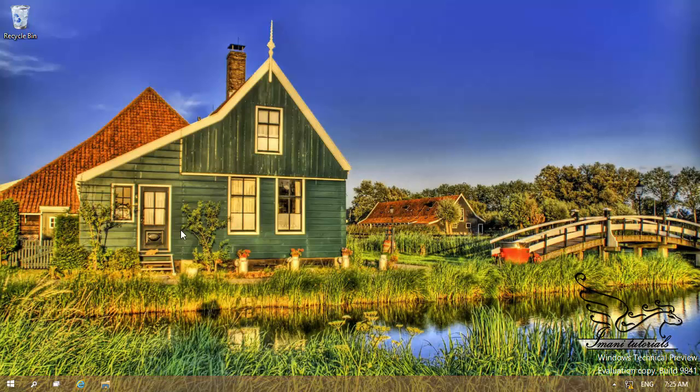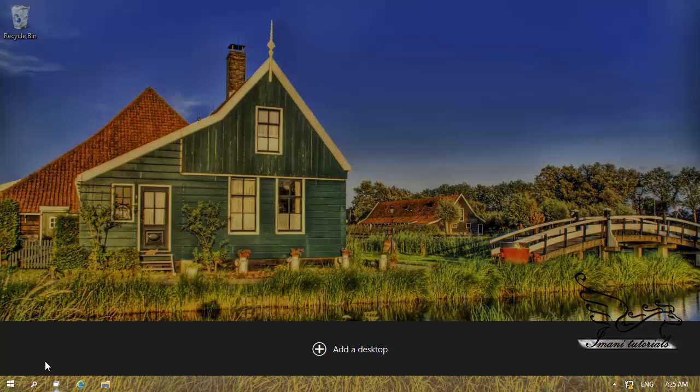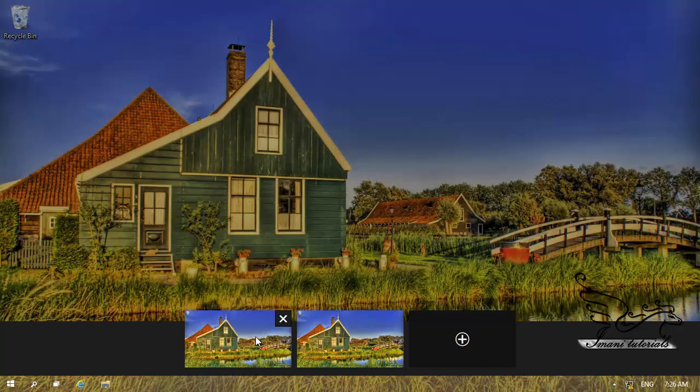So how can I do that? I can find Task View in the taskbar here. I click on that and you can see it gives me the ability to add a desktop. As I told you, this is not a real desktop. I cannot change the background. I cannot change the order of icons here. I click on that. As you can see, I have two different desktops, and I want to show you the